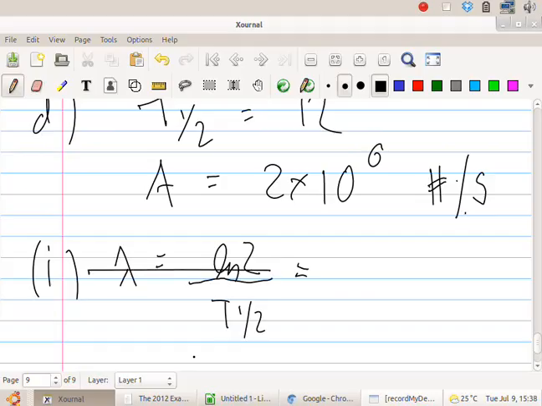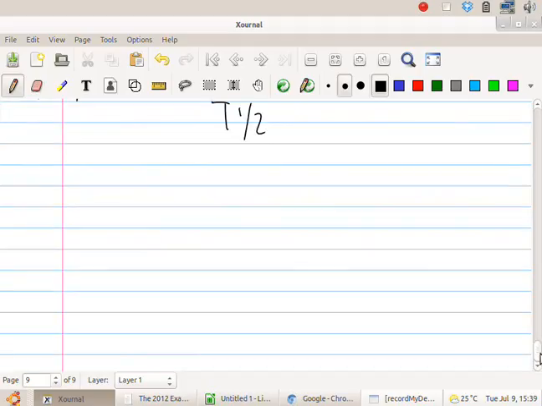0.0577. Now that we have the lambda, what is he looking for? Activity. Now, he doesn't actually give you the formula here, and I don't know if it's in the new formula book, so let me write it down anyways. No, actually, he kind of does. You have to just do 2 steps for it. He gives us N equals N0 e to the minus lambda t, and he also tells us that A equals lambda N.